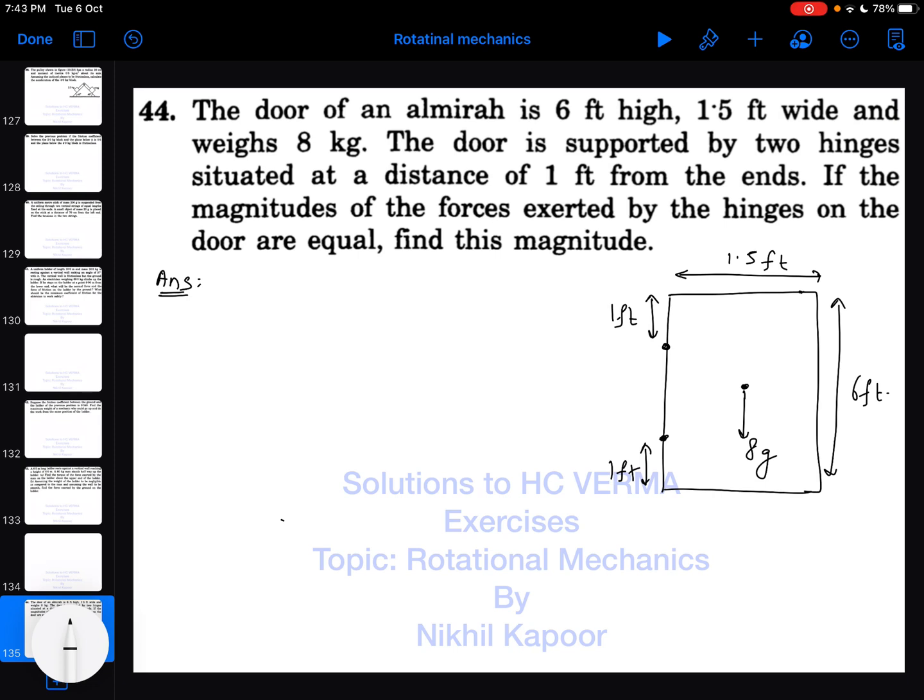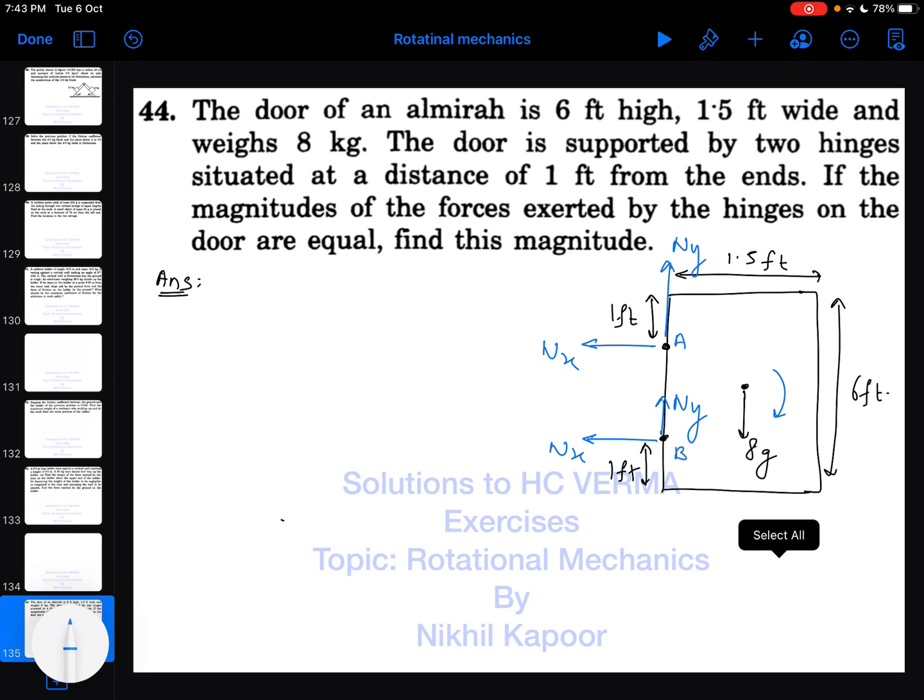Okay, so we need to find the magnitude of forces exerted by the hinge. So the hinges will offer forces in horizontal as well as vertical direction. The hinges will offer forces in vertical direction, Ny, in order to balance the door so that the door should not fall down. Now about the end, the clockwise torque due to weight is trying to turn the door. So in order to balance this, the reaction from the hinges should be here, like this. The directions we are not sure, so we will check this later on. So the support is A and this support is B.